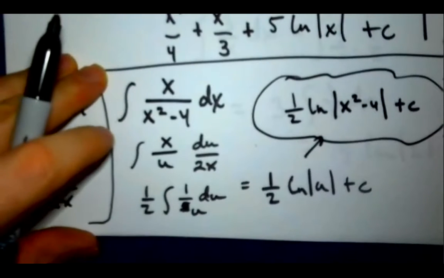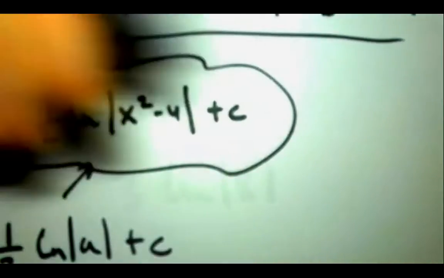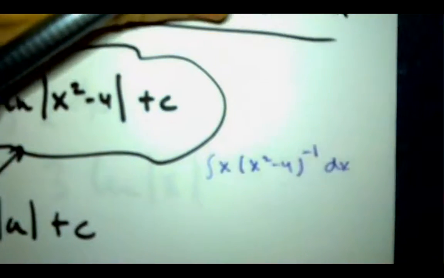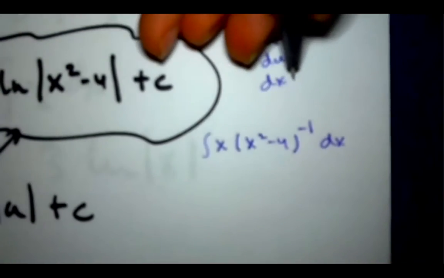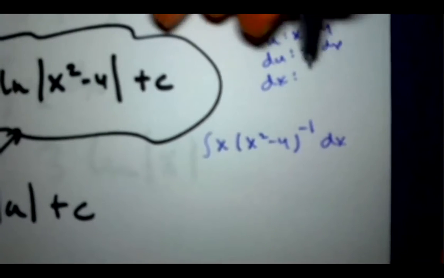All right, Josie, let's see here. So you said you brought that up. So then that would have made this x squared minus 4 to the -1, right? Mm-hmm. All right, let's try that. So that would be u equals x squared minus 4. And then that's going to be 2x dx, and that's going to be